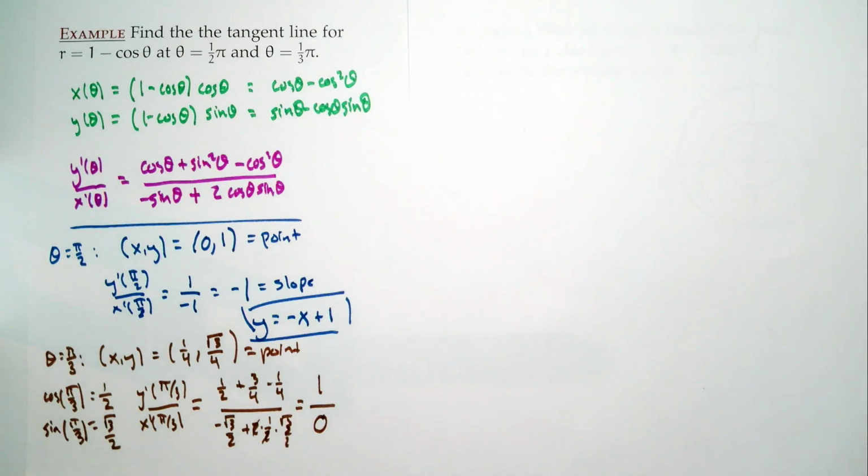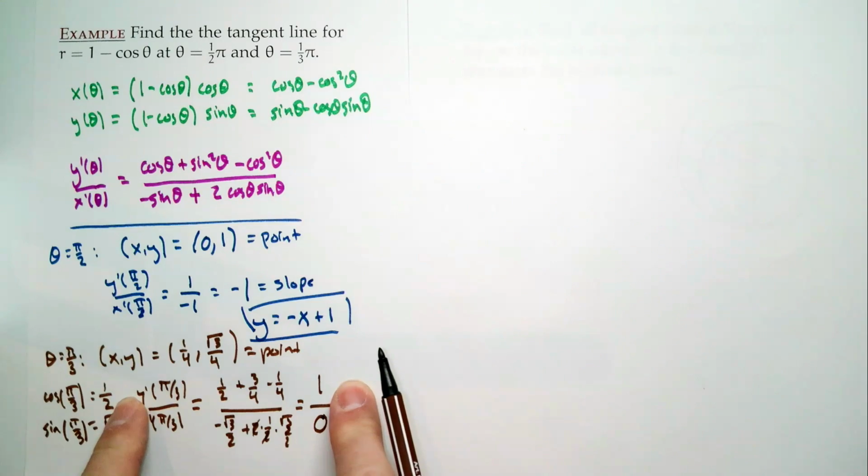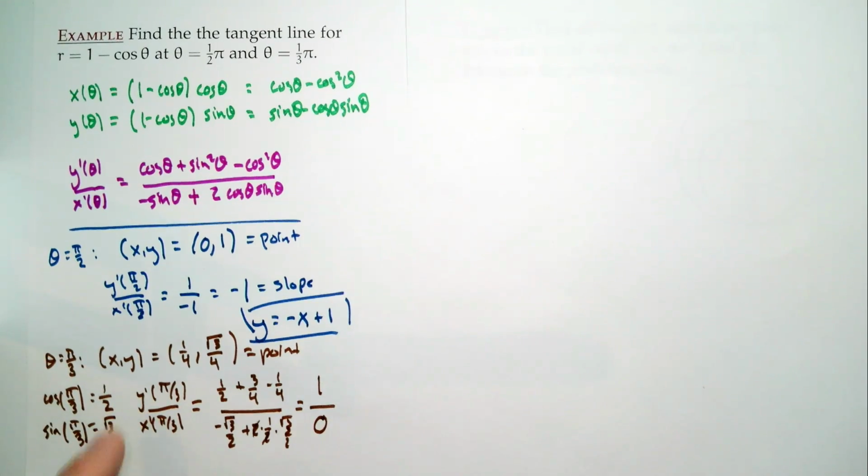It's a vertical line. Because what is happening here, you can see, the y prime says y is changing, but x is not changing. So if your x value is staying still, but your y value can go up and down, the only way that can happen is if you're on a vertical line. So what does our tangent line become? Well, it's a vertical line, which means I'm just at the x value. So our line is x equals 1